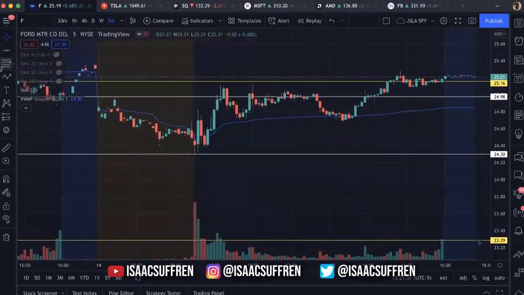So we have Ford. We had a move up. We had a retest of the VWAP after a break above. Boom, we're here. We got some wicks right here, definitely a take profit level. We have a move back down, we bounce off VWAP again, and then look where we are now, another take